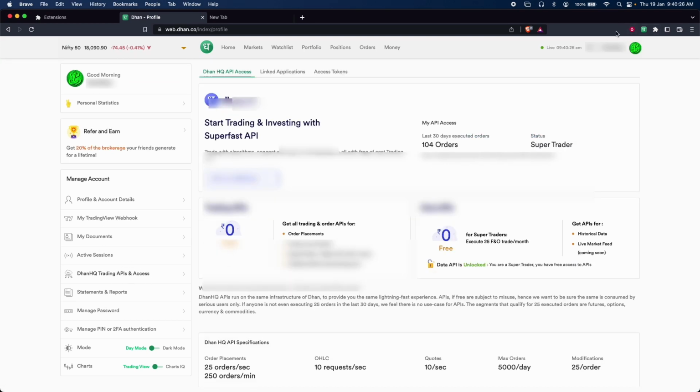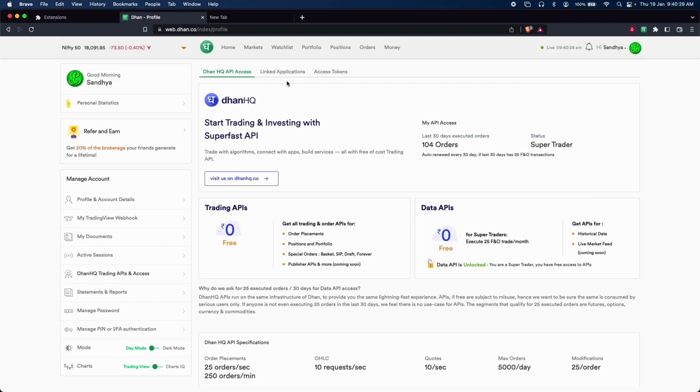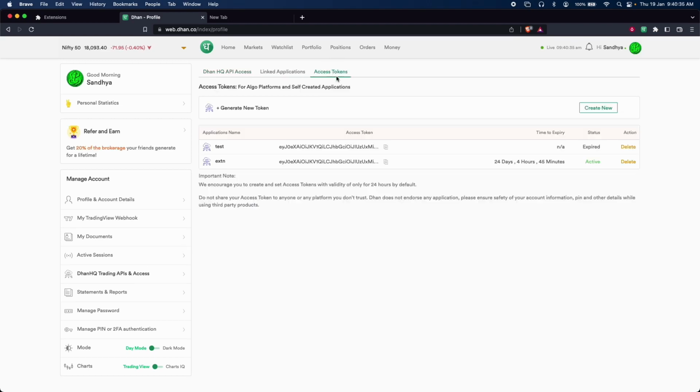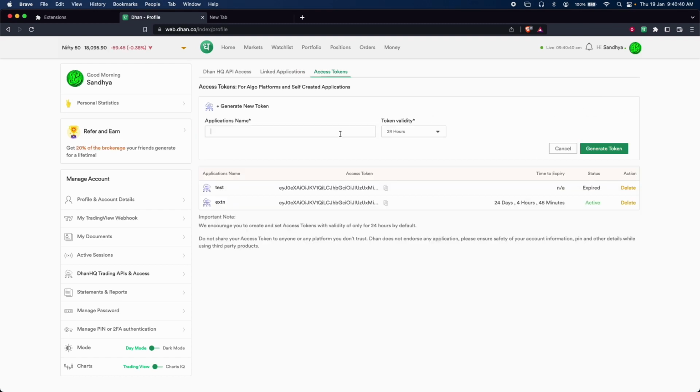Okay, let me just remove that blur. Once you come to this DhanHQ Trading APIs and Access page, you will see an access token here. Click on this access token. Here you can see a create new option. Click on create new, give the name,